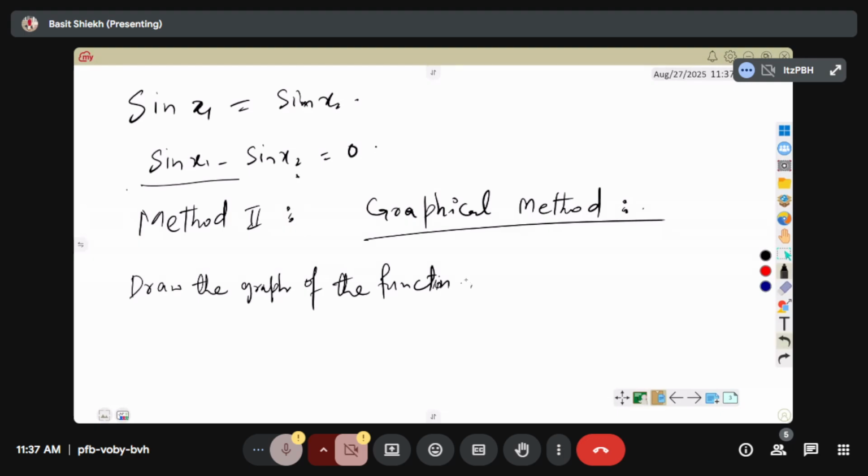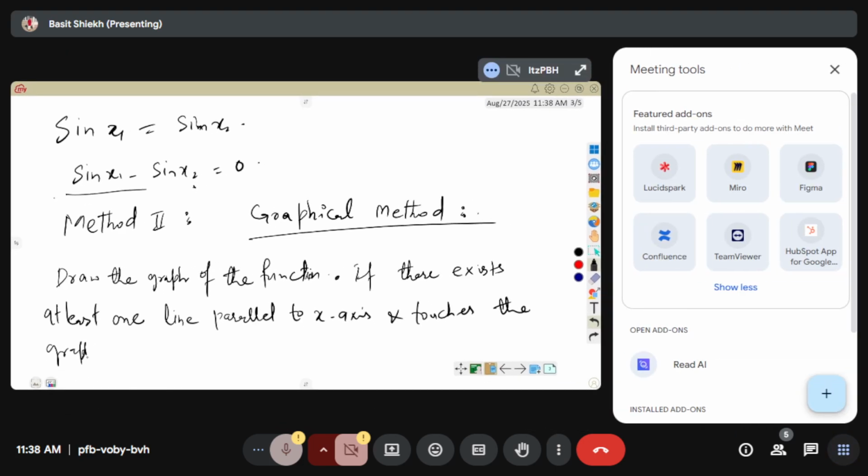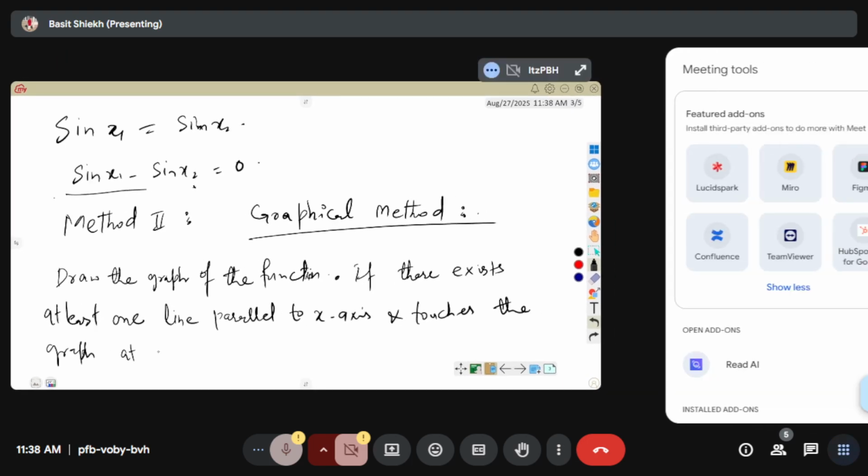If there exists at least one line parallel to the x-axis which touches the graph at more than one point,